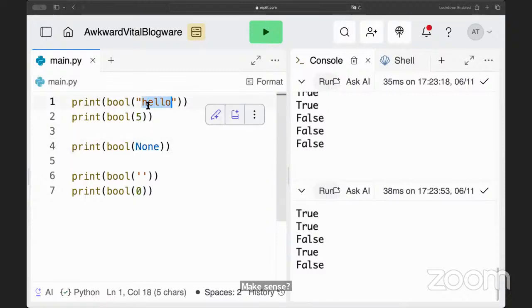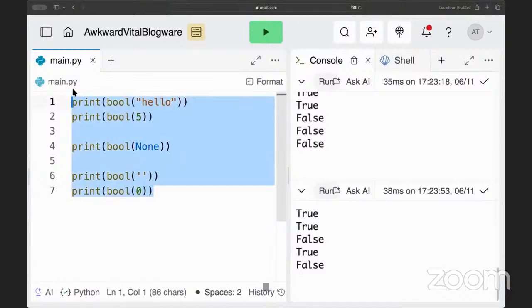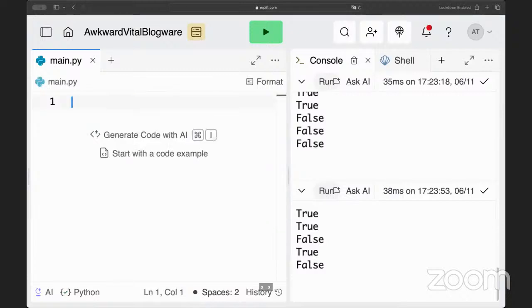Cool. Now you have bool None, bool. Cool. We already did that, and now let's move to the ternary operator. So I believe truthy and falsy is clear. It's a very simple concept. You just need to understand what is true and what is false. Okay. Let's look at the ternary operator.